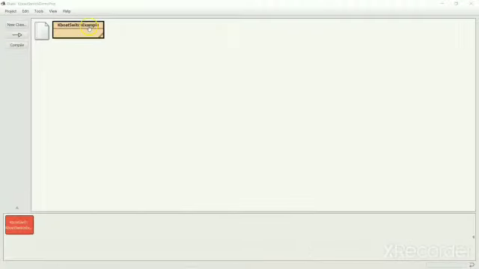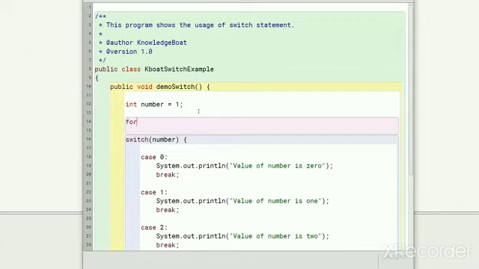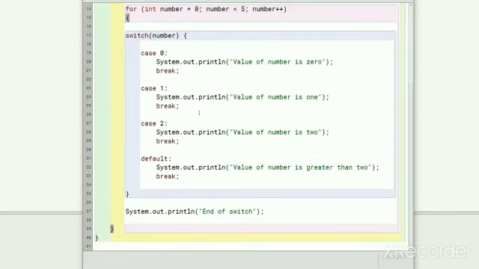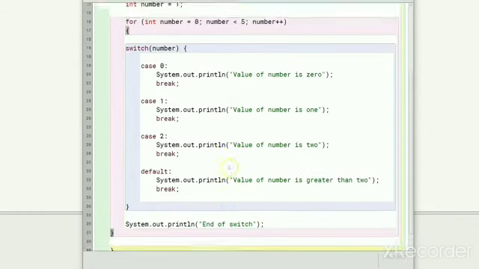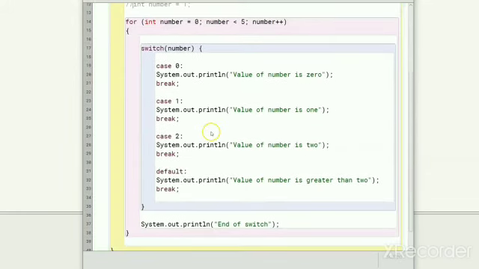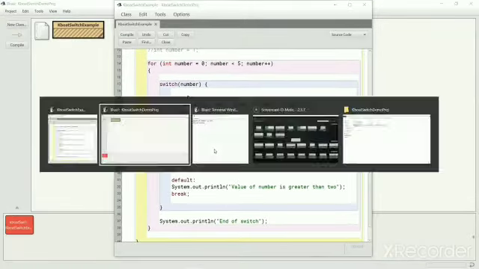Let me open the class and introduce a for statement here to execute all cases like this. This for loop will test the switch statement with numbers between 0 to 4. Let's run the program now.